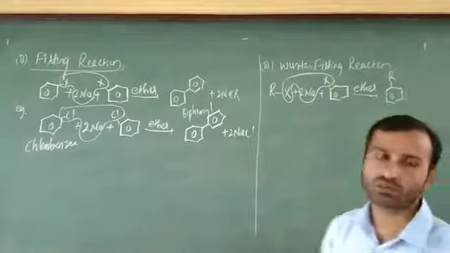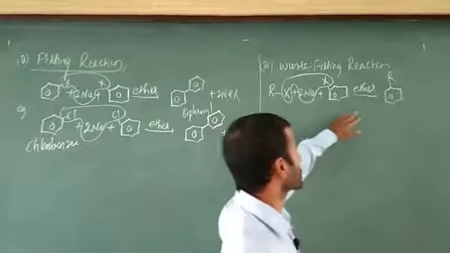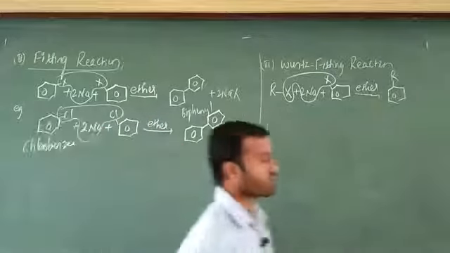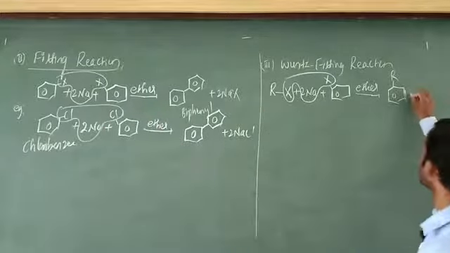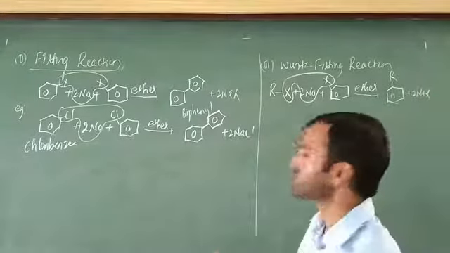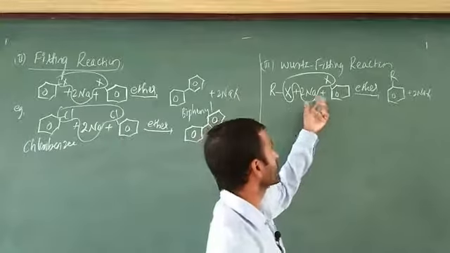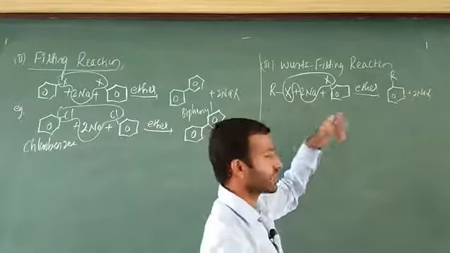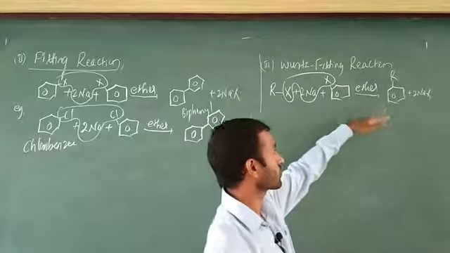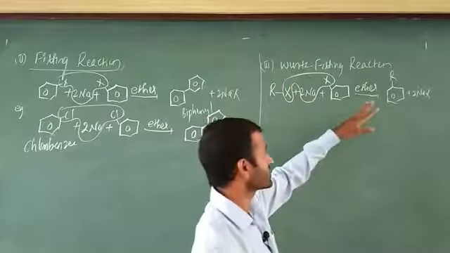This indicates R, and next this is a benzene. This indicates the final product for this one, plus release of 2 moles of sodium halide, NaX. This is a general example. In this case, how are we going to write? Alkyl halide can react with 2 moles of sodium. One is alkyl halide, another is aryl halide, combining with 2 moles of sodium in the presence of ether to form a product. That indicates the Wurtz-Fittig reaction. Alkyl benzene is formed.